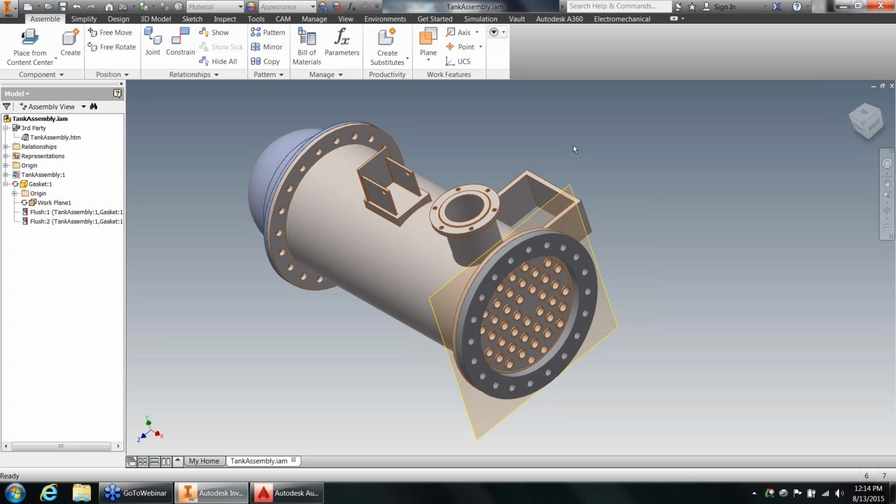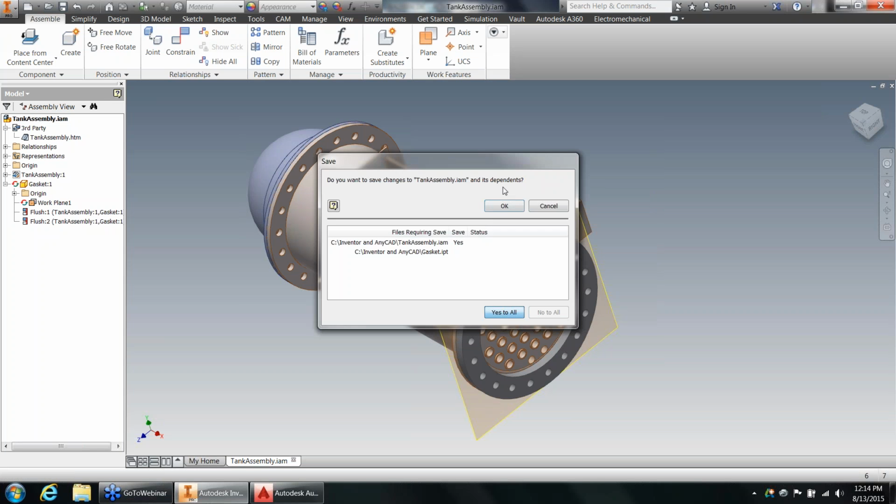Now, in my workings with this function or working with this process, there's another aspect to this that I have come across. Obviously, this requires the files to be saved and then overwritten on top of themselves. So say, for example, you're receiving these neutral formats from a third-party vendor, and they're updating their designs, and you want to keep both versions of the document intact, where you have a new tank and the old tank, and they're separate assembly files. Well, all you would need to do is essentially create this assembly file,